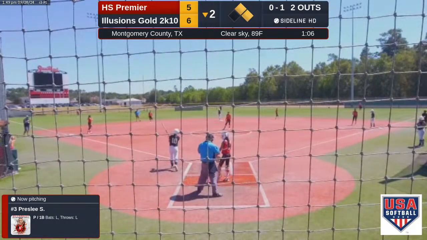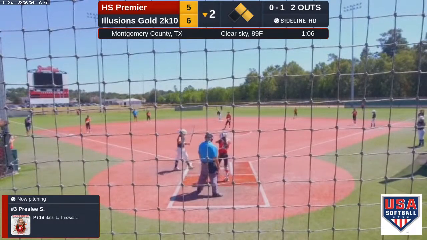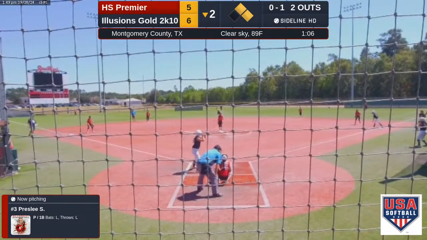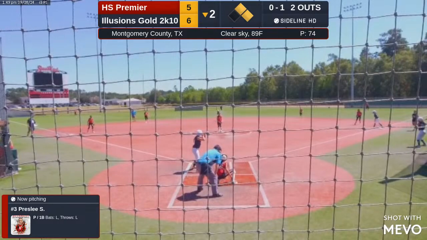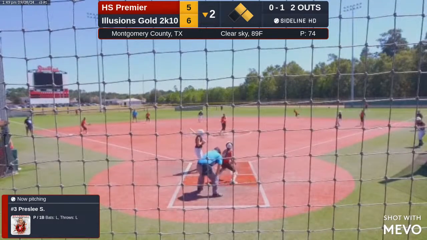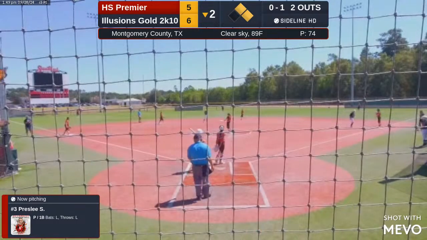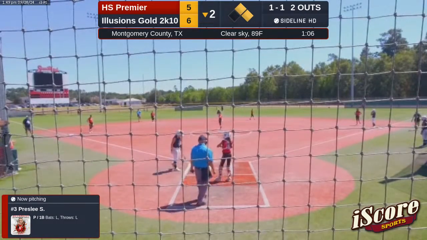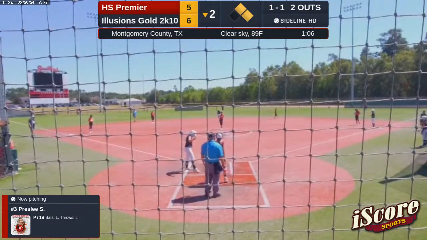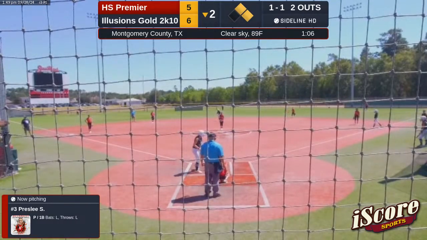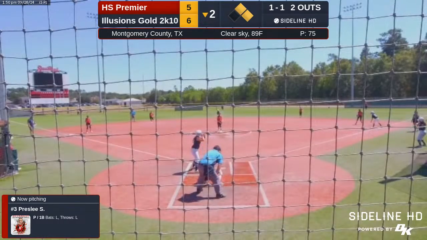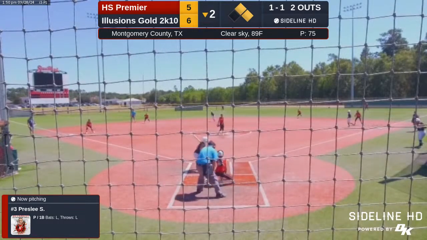First pitch is called strike 1. First and second, 2 outs. Ball 1. Outfield playing more straight up now. QB still a little deep in center, but a little bit more standard.